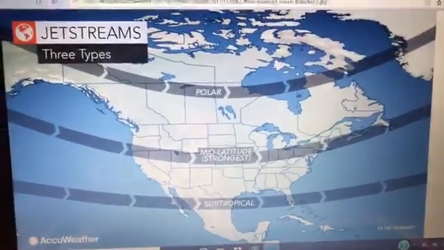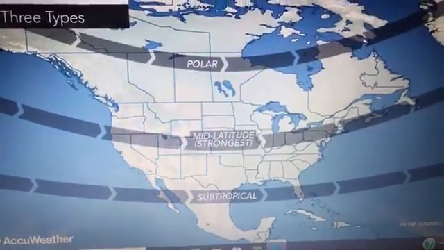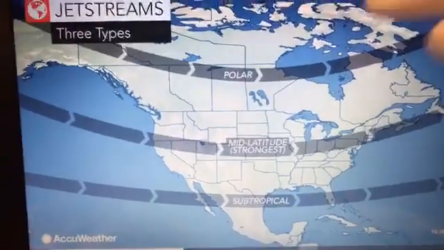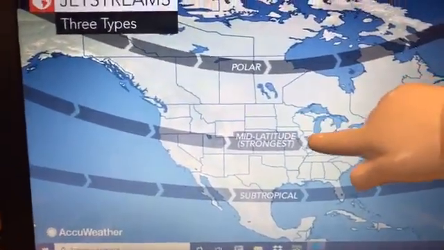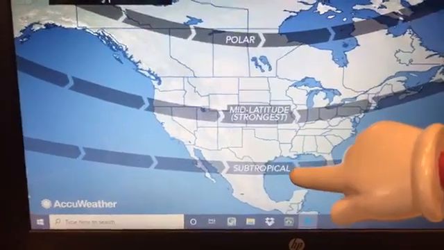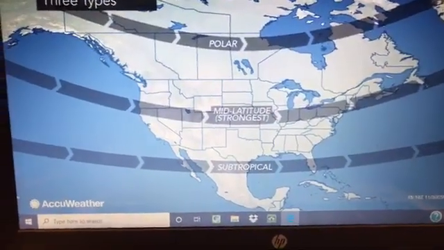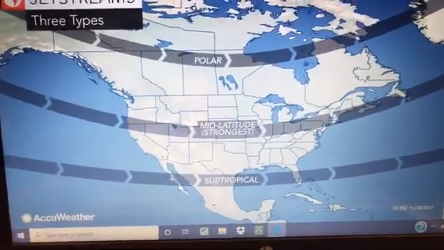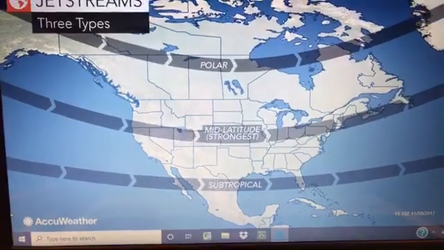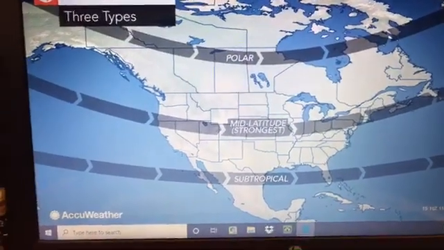Now there's more than one jet stream, believe it or not. There's not one, there's not two, there are 3 different jet streams located and moving around the globe on any given day at any given time. And here is a breakdown. The graphics compliments from my friends at AccuWeather. The 3 jet streams are called the polar, which is up here at the top, the mid-latitude, that's the strongest, and then the subtropical jet stream. And they can all move individually, but they can also do what is called phasing. They can sort of meet up sometimes and move together for brief periods of time, but most of the time